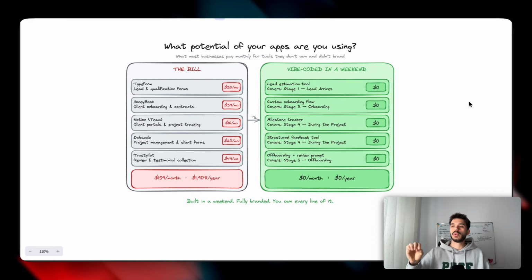I bet you most design studios and most digital businesses overall use a lot of tools and a lot of subscriptions. And most of them are not even used to like 50% of their capacity. They have all of these features and maybe you use 2 or 3 of them. It's not really worth it to pay all of this money every single month in order to use an app